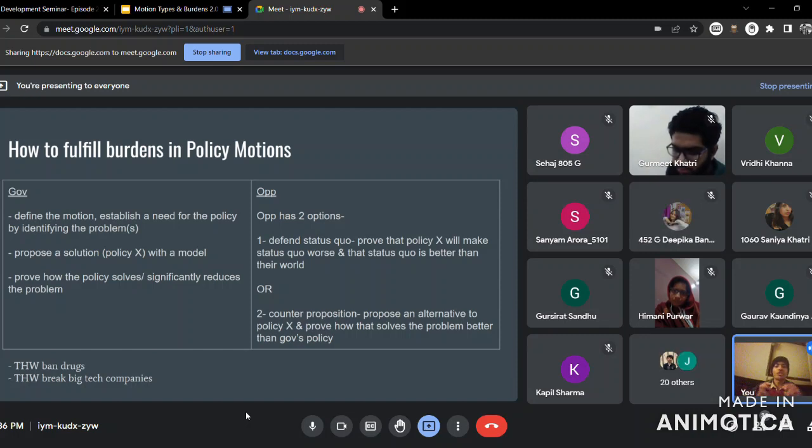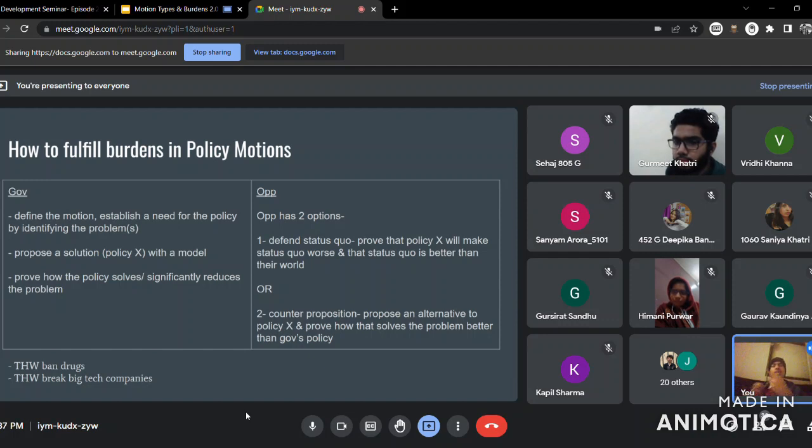You don't need to spend too much time on your model, or your debate should not be completely based on your model. The majority of your case should still be arguments as to why this policy is a good policy and things like that. But some level of your case should go on explaining what the model is. It can be done in a very short time. It can probably be 30 seconds or a minute of your 7 minute speech, but it needs to be there to some extent, right? Another thing is models are only introduced in PM speech.